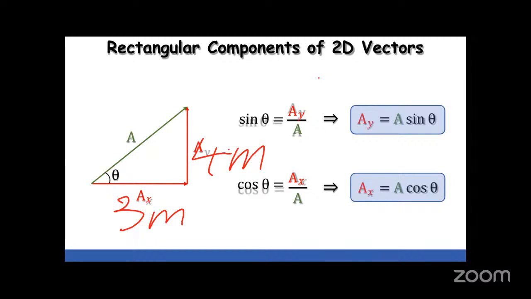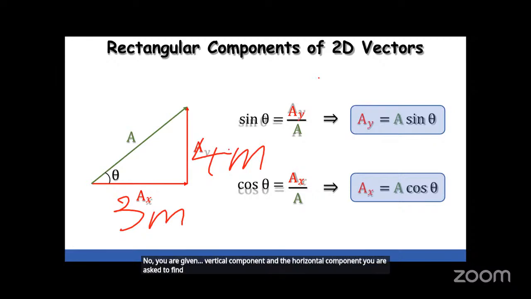Now you are given the vertical component and horizontal component. You are asked to find the magnitude and the direction. So in this case, to find the magnitude,